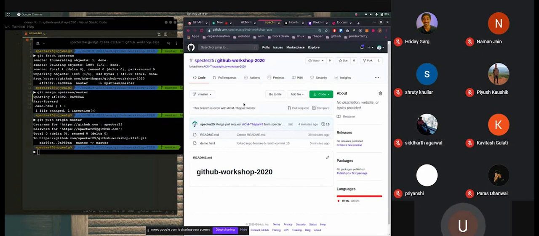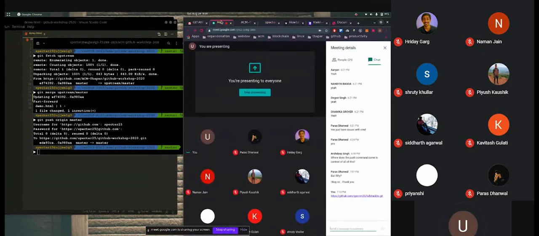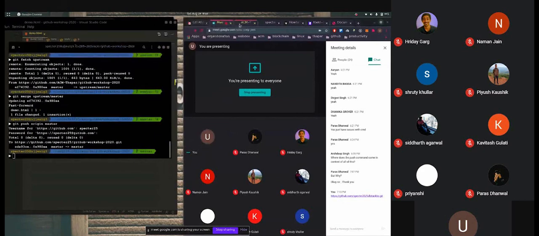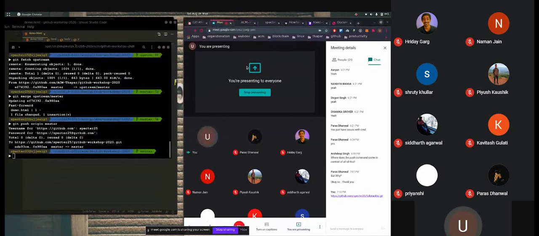If we want to contribute to a repository that is on GitHub and we are not a member of it, or we don't have any pushing rights to that repository, we can fork the repository, we can raise a branch, we can push the code, and the code owner will check the branch. He will review the changes and he will merge the branch.